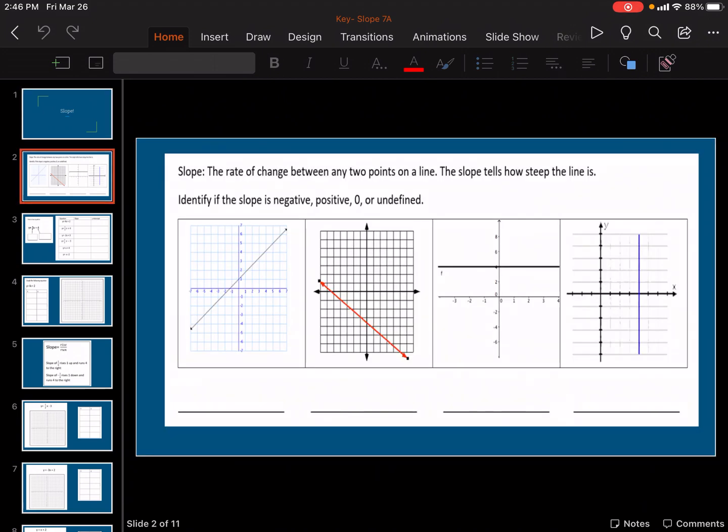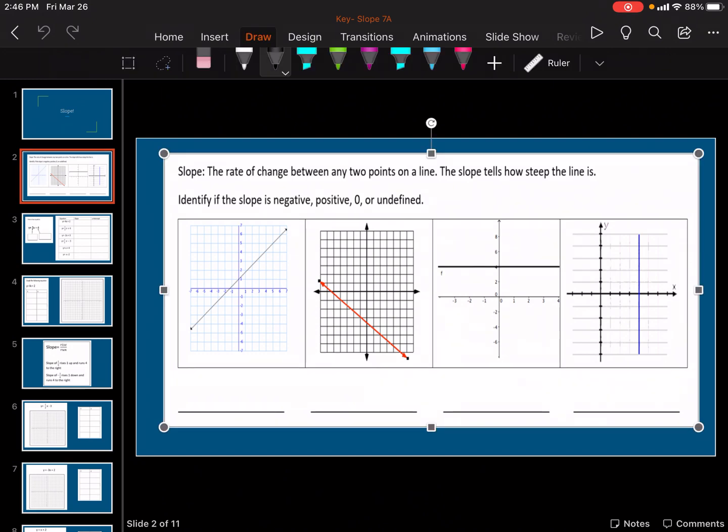So these are the ways a slope can look. The rate of change between any 2 points in a line. The slope tells how steep it is, okay? So we have a positive slope, going in the positive direction. We have a negative slope,